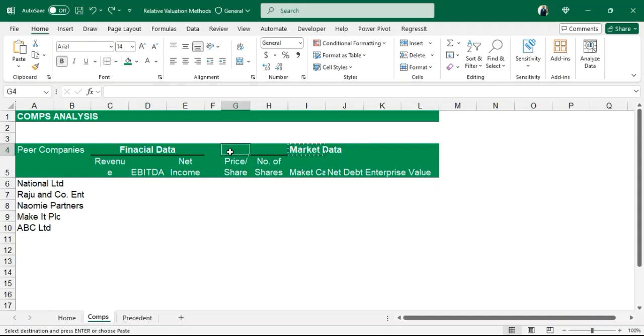So I'm going to copy that and paste here, and then I can delete this. Then what I'm going to do is to select this once again,